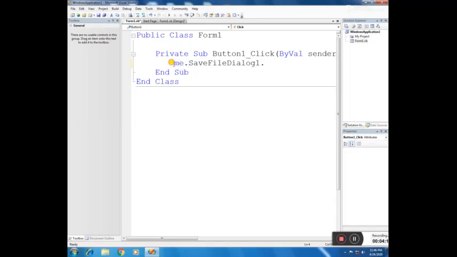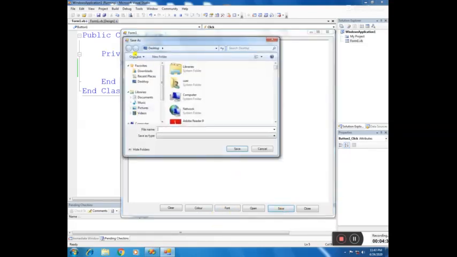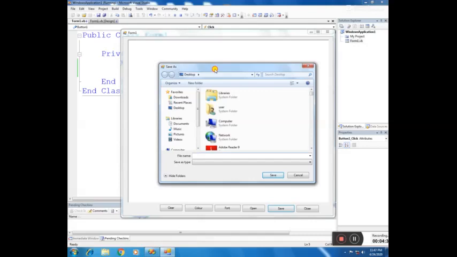You can write Me.SaveFileDialog1.ShowDialog. This will open the save file dialog. Just have a look. We will give a name and save whatever we write in the rich text box.